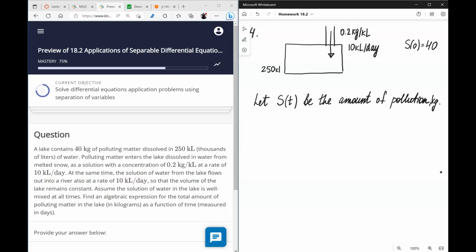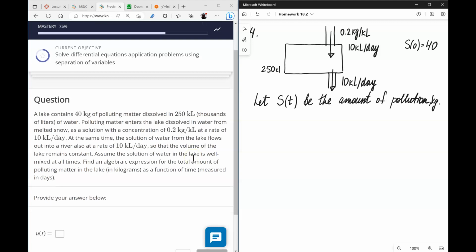At the same time, the solution leaves the lake also at 10 kiloliters per day. And it's well mixed, and the question is to find the algebraic expression for the total amount of polluting matter in